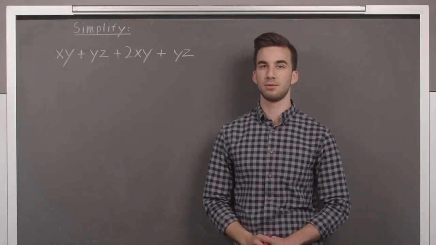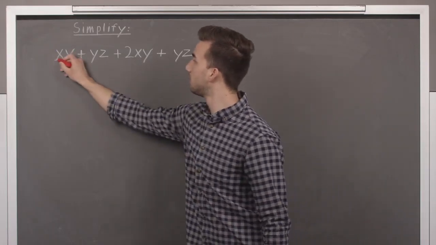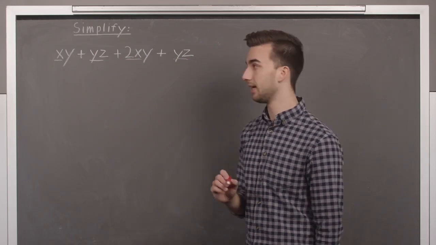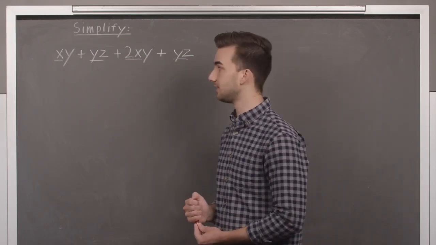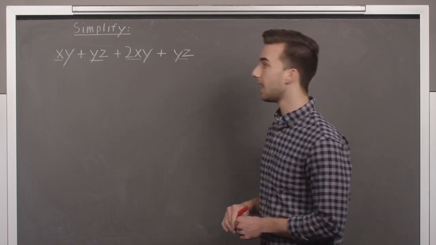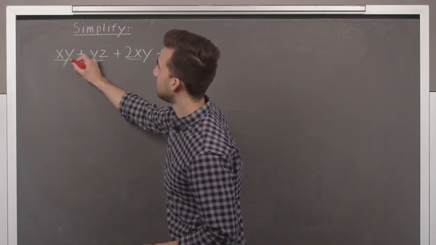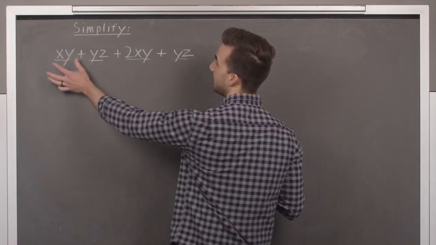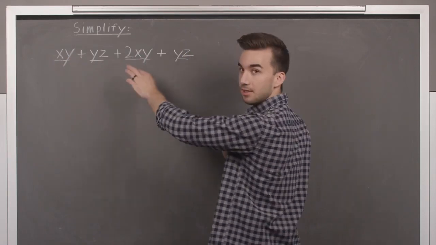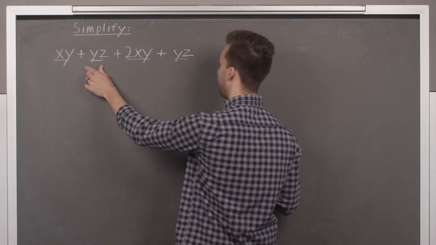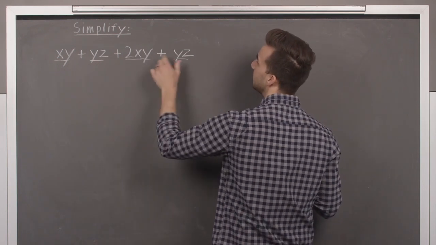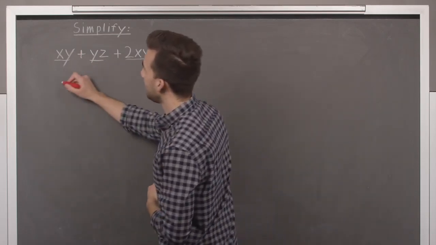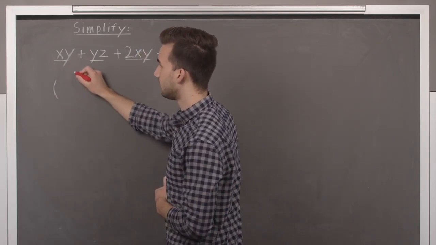Here we have an example where our terms are variables that are multiplied by each other. And let me show you a way to make this a lot easier to think about. So any combination of variables, just think of it as one big variable. So we can combine the xy's into one basket, and then we can also combine the yz's into one basket because they're like terms. So if we rewrote this as xy,